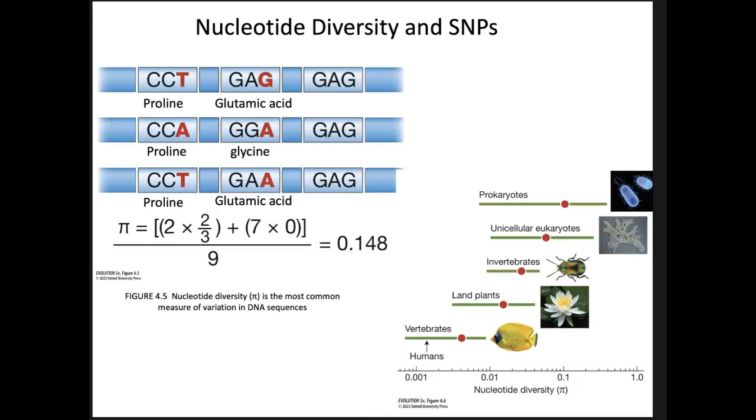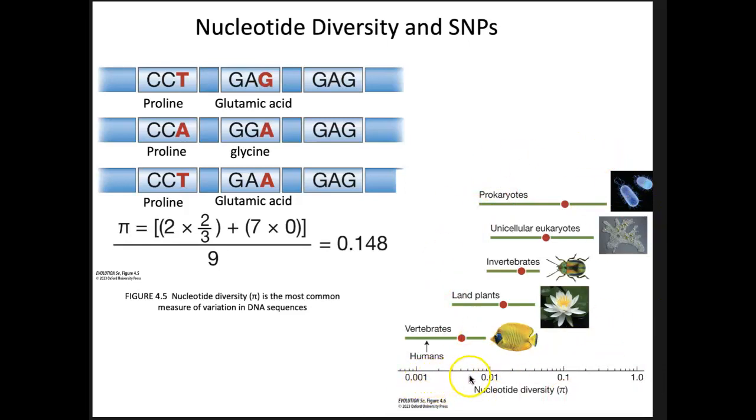So at those particular sites, the difference is 2/3. The 2 comes from the 2 sites where we have difference, and the 2/3 is the amount of the difference that we have. That's why we're multiplying the 2 by the 2/3. And if we carry this all through, then we get nucleotide diversity of 0.148. And if we come back down here to this diagram in the lower right-hand corner, we can